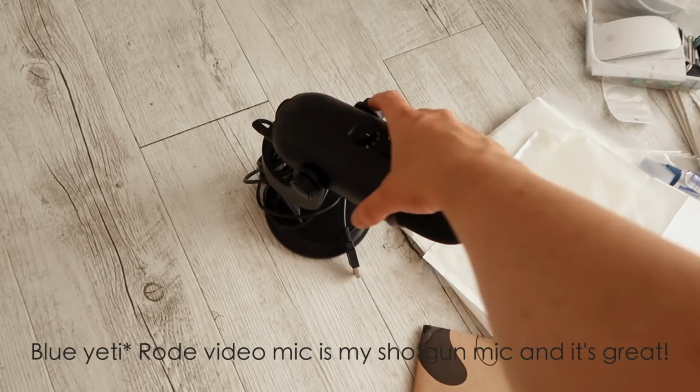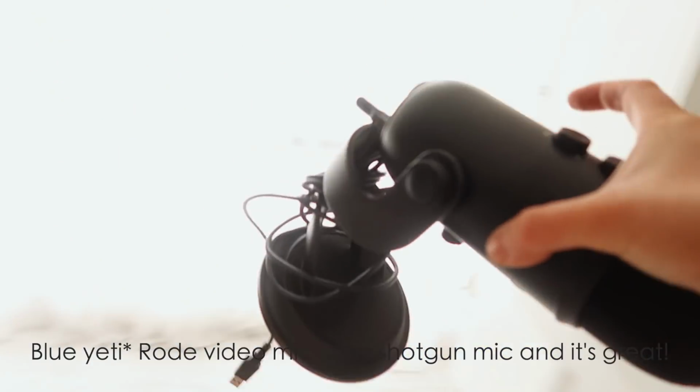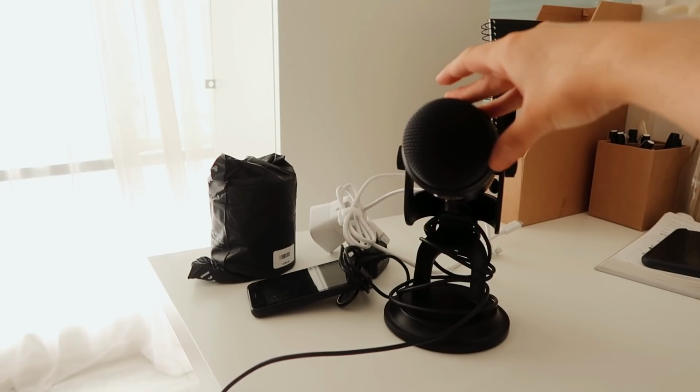This is the Rode video mic, and to be honest, everyone raves about this mic. I must be doing something wrong, but this just does not work for me. I've had so many problems recording audio with this particular microphone that I'm like, nope, we are getting an easier microphone. I'm gonna take the time now to put these online to sell